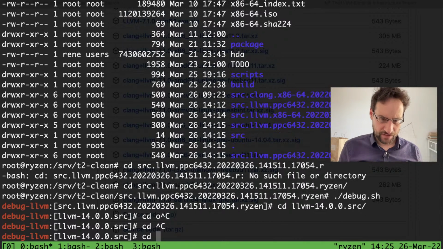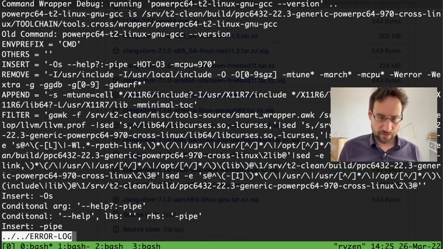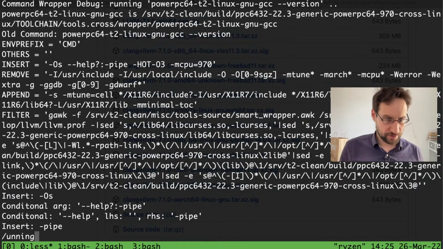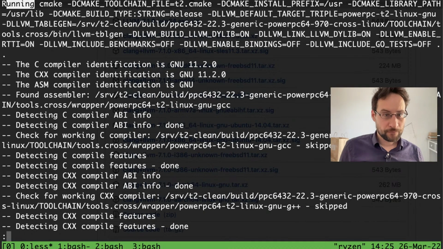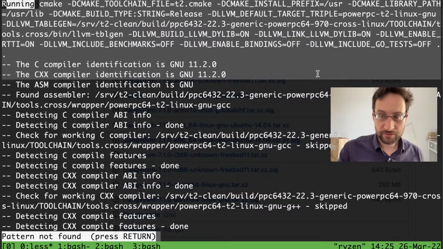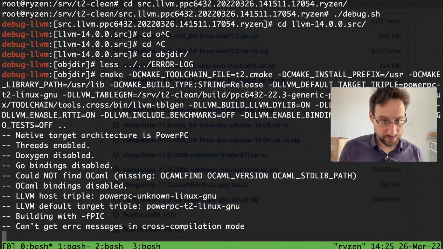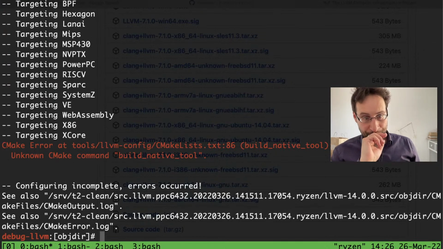Probably edit it while we run it, so that would be running. Where does it fail? That fails, so that would be CMake ops. Let's see if we can copy and paste it like that. Looks like we can do.